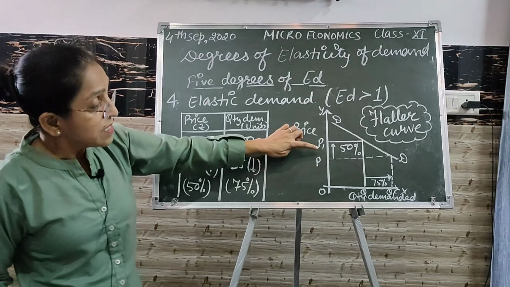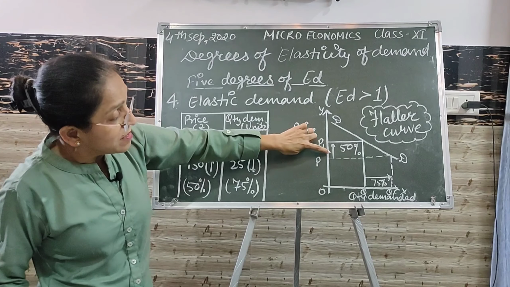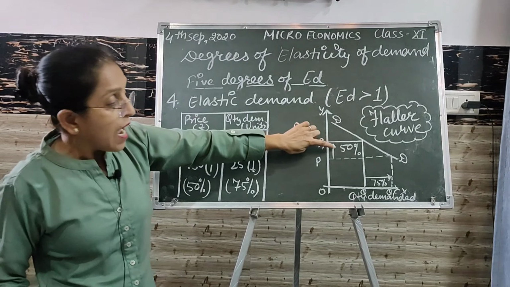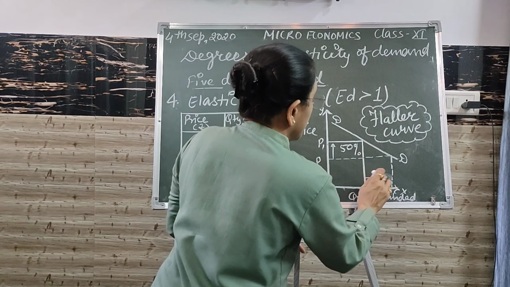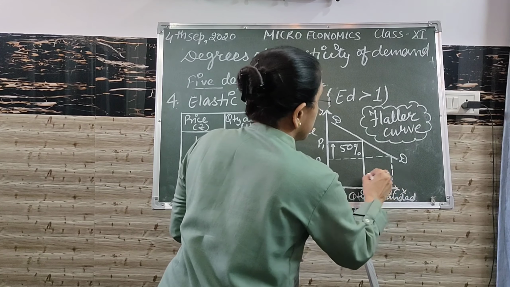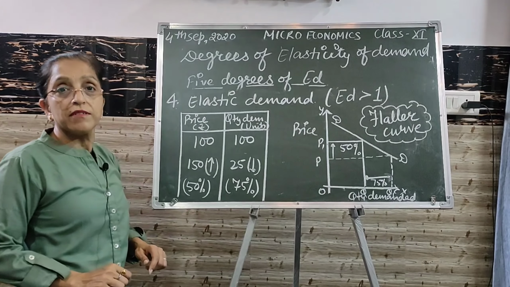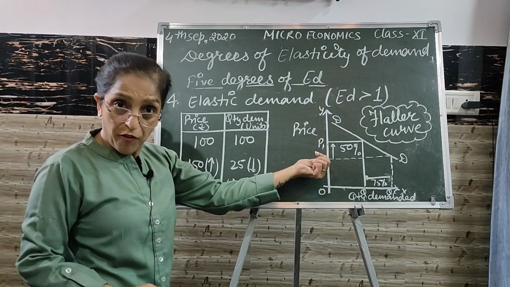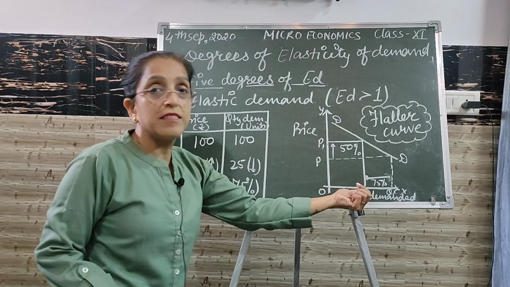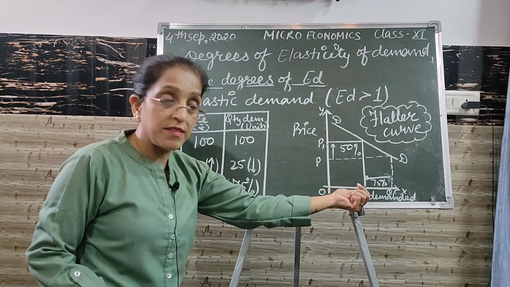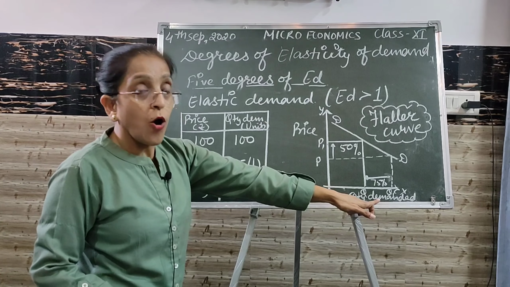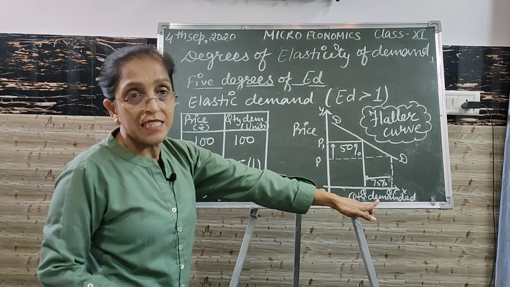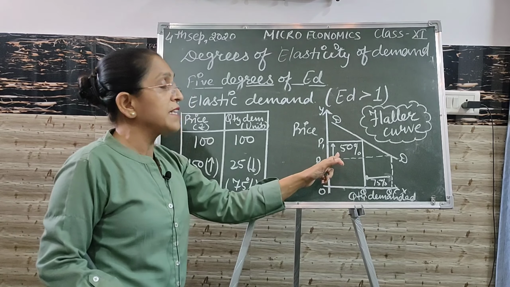How will you compare? Just observe that the price is increasing by 50%, then the quantity demanded is decreasing by 75%. Price is increasing by 50% and quantity demanded is decreasing by 75%. So you can conclude elasticity of demand, or the percentage change in quantity demanded, is more than the percentage change